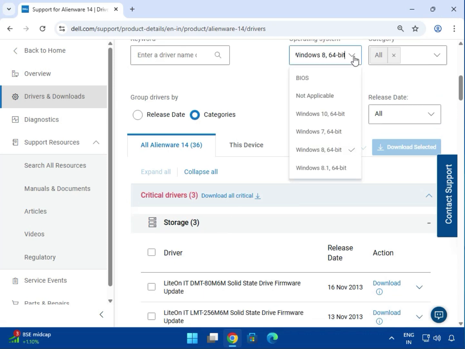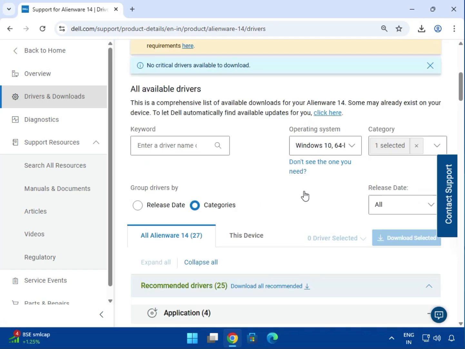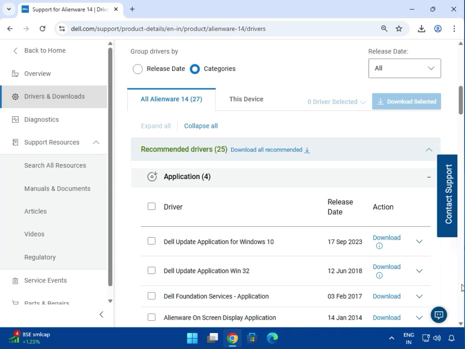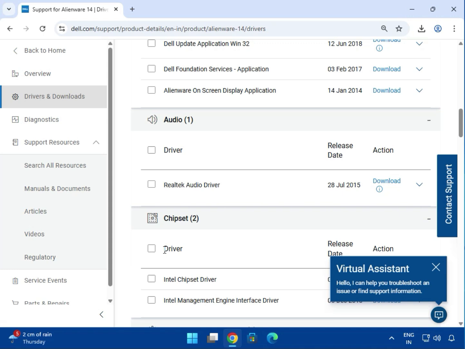So first select the operating system, Windows 10, 11. So Windows 10, 7, 8, 8.1. If we are using Windows 10, you can install the Windows 10 driver. Scroll down, chipset driver,